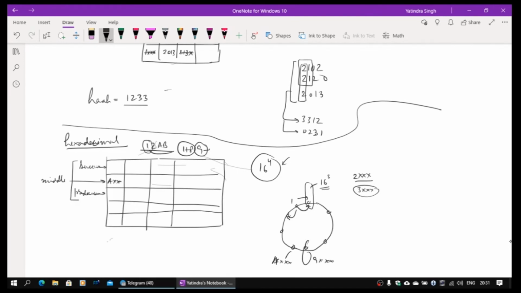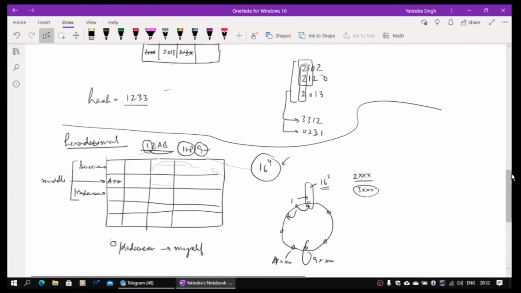If my hash ID digit is actually between my predecessor and myself, then I will just move on to the next column. So I will keep on doing it, moving on to the next column. The moment you go to the last column or you don't find any entry in a column, you should be the root node in that case. Okay. So that's a technique which we use, which is actually much faster.